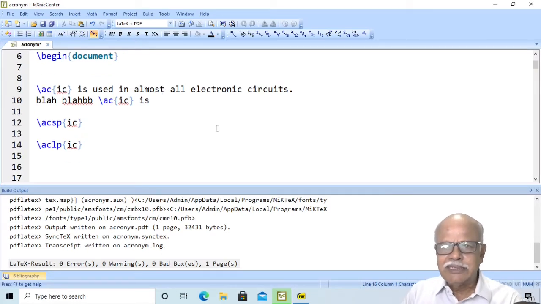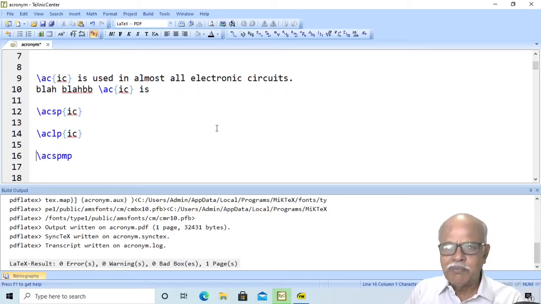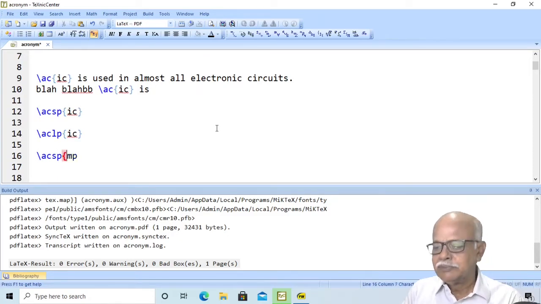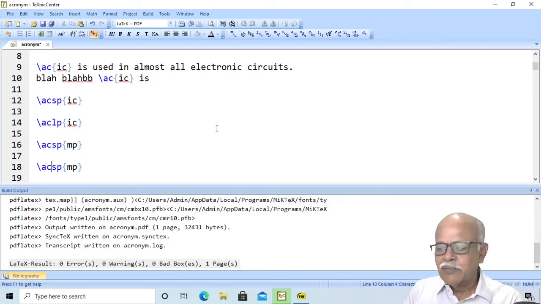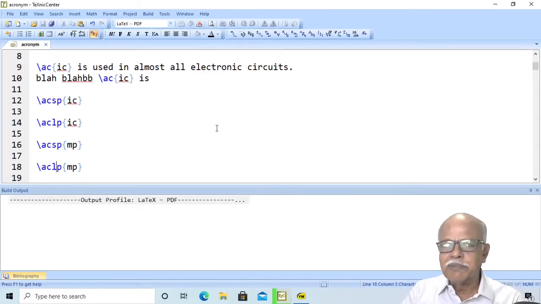Now let us consider the same thing for the shorter form plural for MP and the longer form plural for MP.